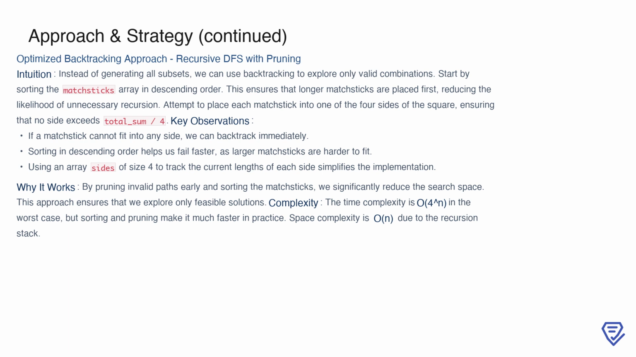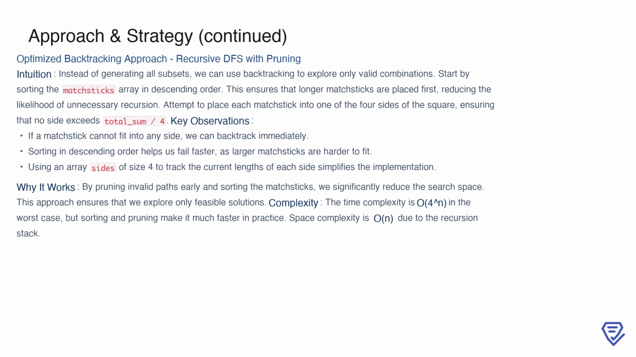The process involves trying to place each matchstick into one of the 4 sides of the square, ensuring that no side exceeds the target length, which is total sum divided by 4. If a matchstick cannot fit into any side, we immediately backtrack. Sorting the matchsticks is a crucial step because larger matchsticks are harder to fit, and addressing them first helps eliminate